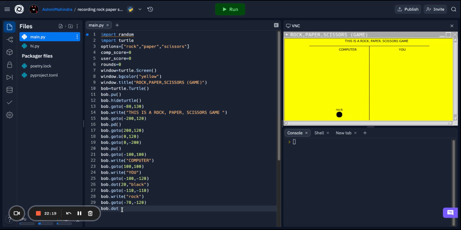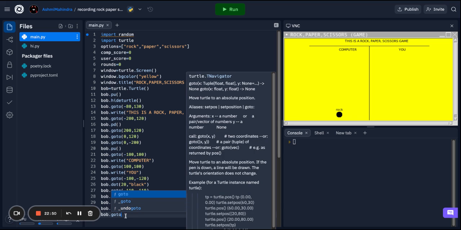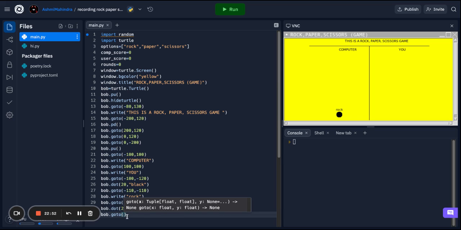Okay, what that does is it does Bob dot dot, and then you can make the size, which I'm gonna do 20, and the color, which I'm gonna do blue, and then you're gonna do Bob dot go to